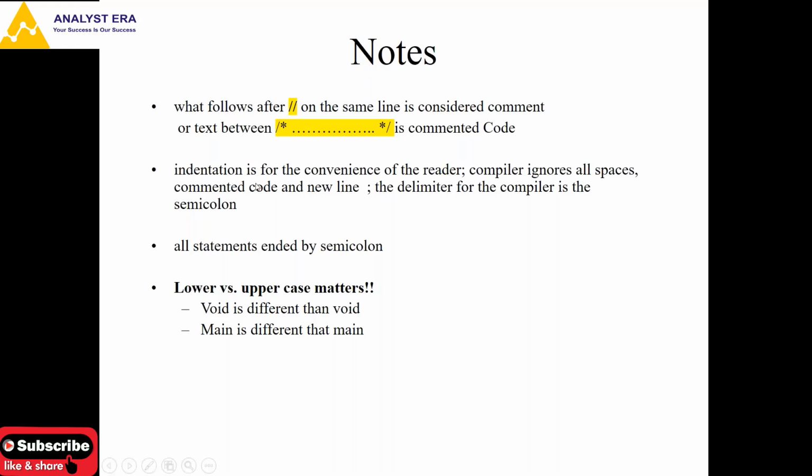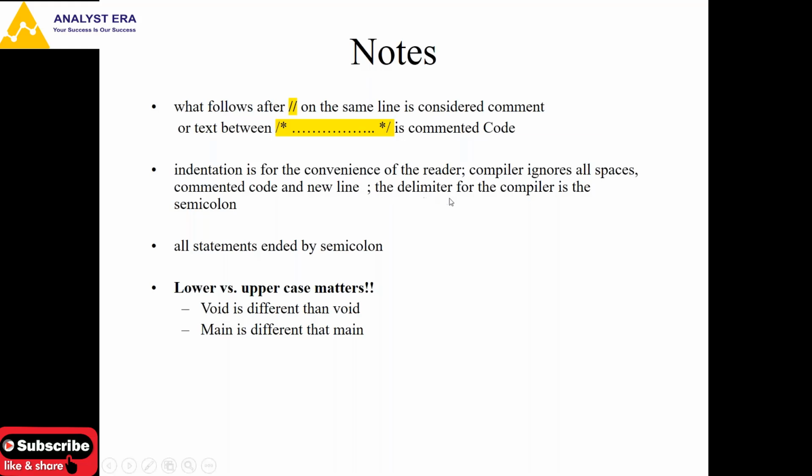The next one is indentation. It is just for user convenience, so the code will be good to read. Here it is a very small program, but in industry you will get 3000 to 5000 to 10,000 lines of code in a single file. So that should be readable. A new developer should be able to easily read and understand it. For this, indentation is required. That will come into the picture whenever we start coding a bigger algorithm.